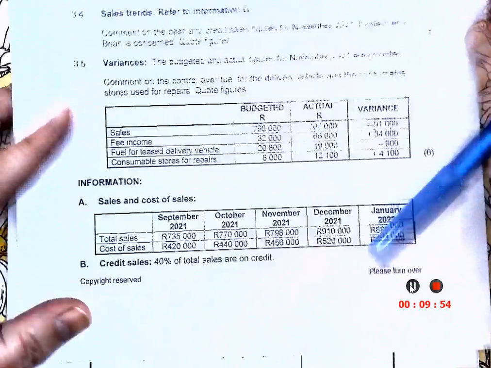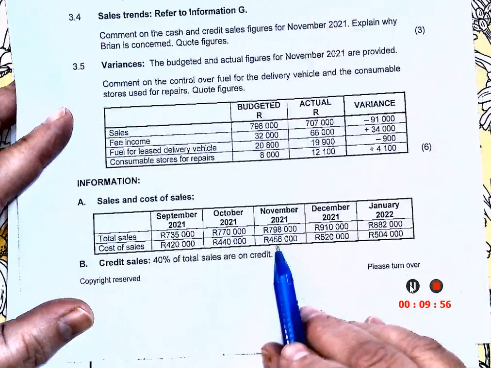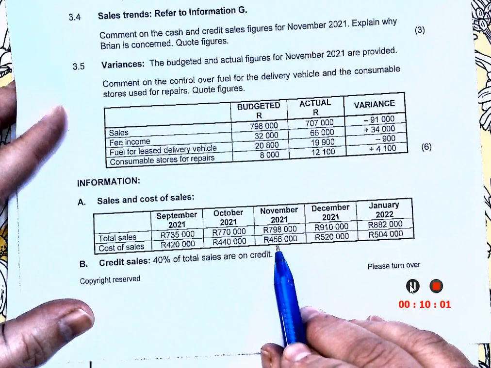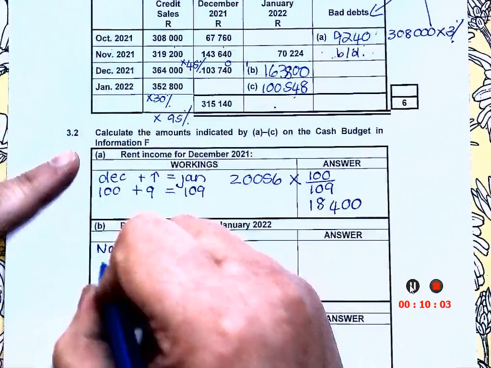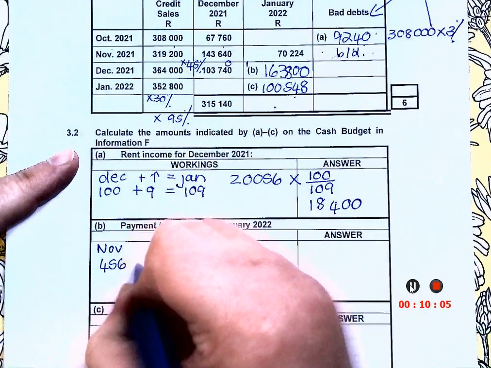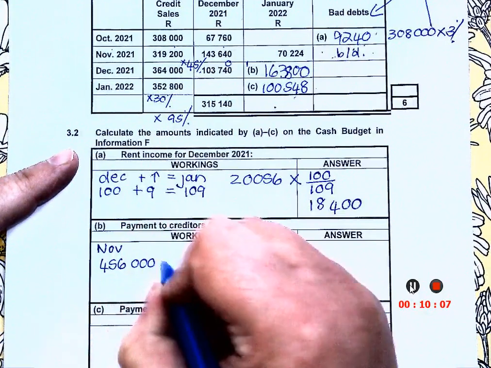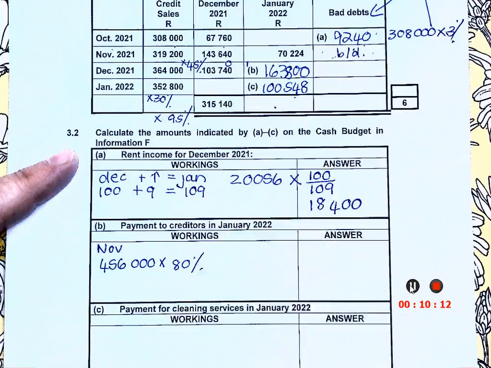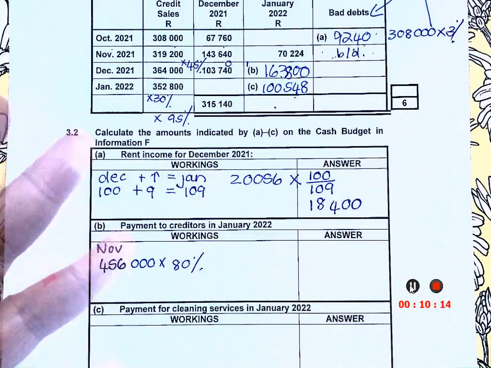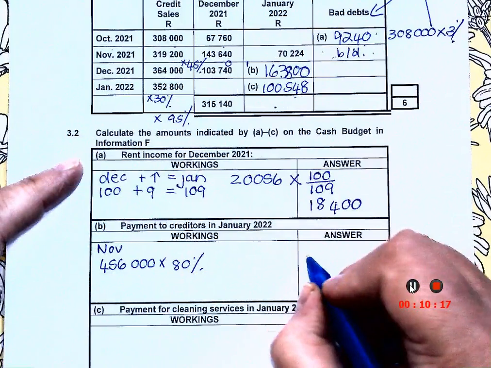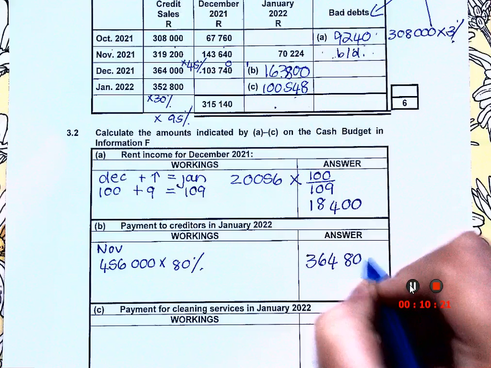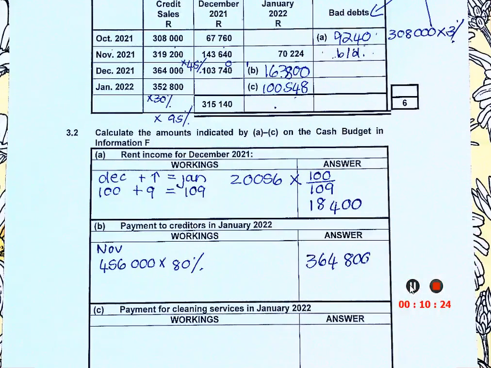Let's go back. They give me here cost of sales. So I'm going to use November's cost of sales: 456,000. They tell me 80% is on credit, and there's no discount, right? So it's just that. And it gives me 364,800. Okay, now if I look at C,